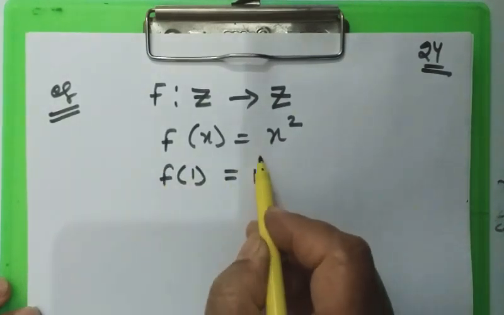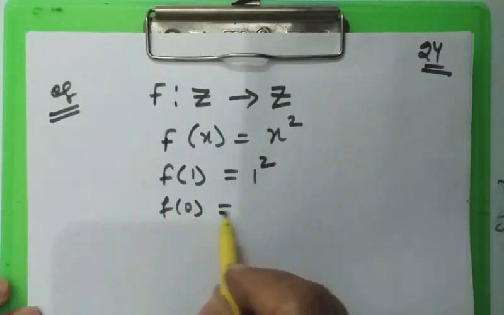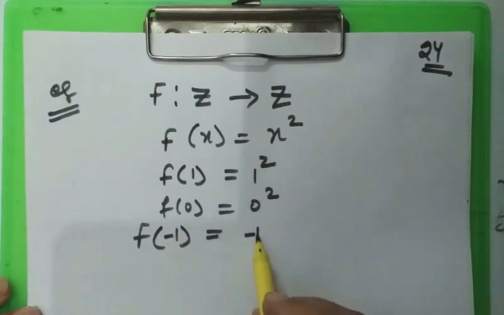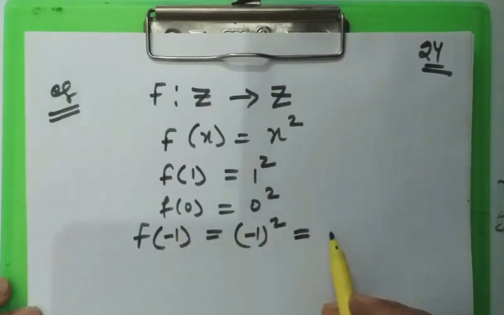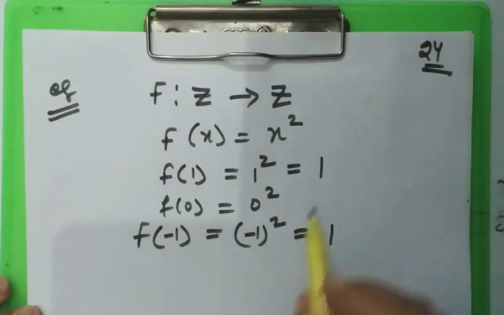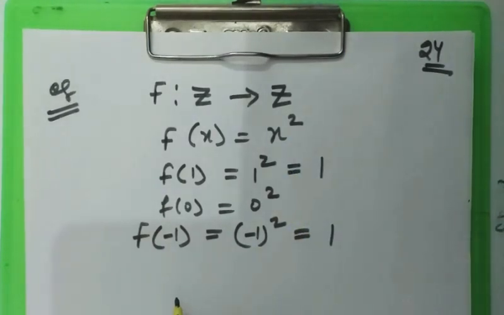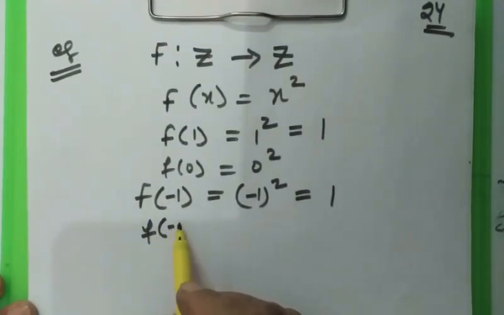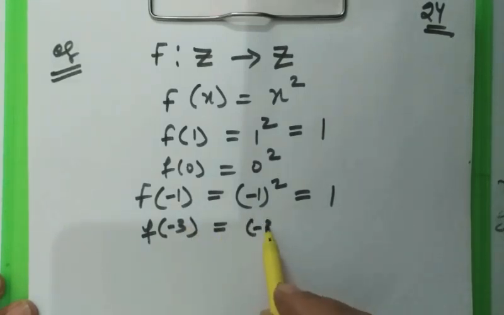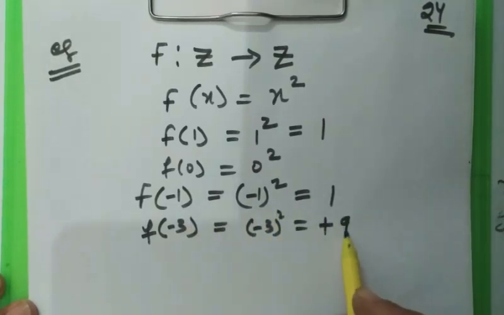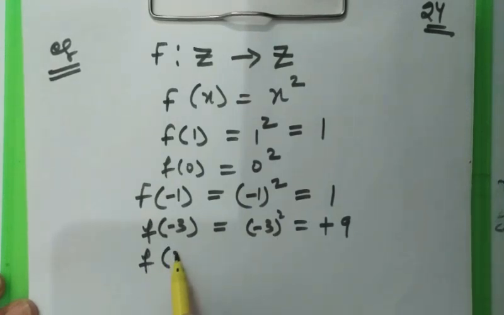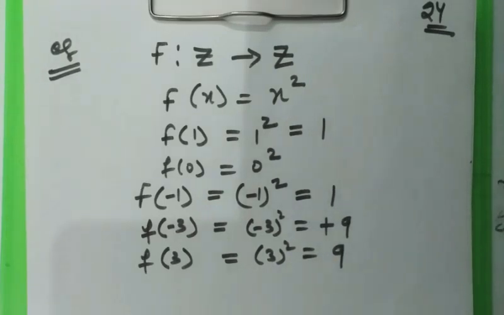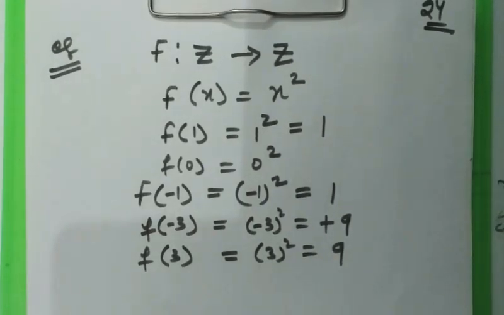f(1) will be 1 square, f(0) will be 0 square, f(-1) will be (-1) whole square, that is also equal to 1. 1 square is also equal to 1. So you are understanding what type of function it is. We can also see f(-3) is going to be (-3) square, that is plus 9, and f(3) will be 3 square, that is also going to be plus 9. So what have you seen? You have observed here that